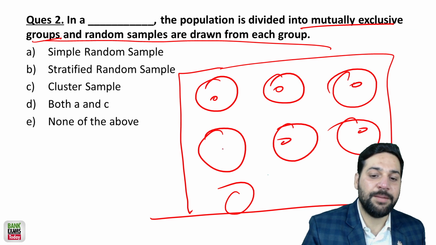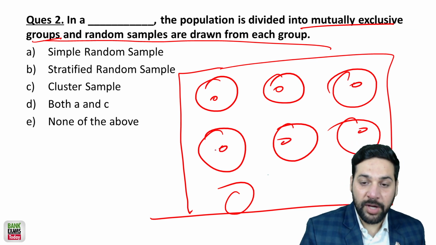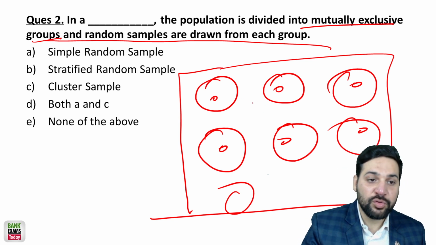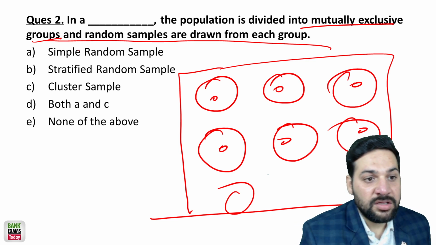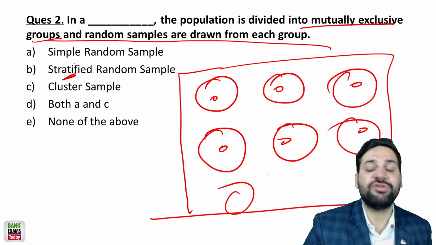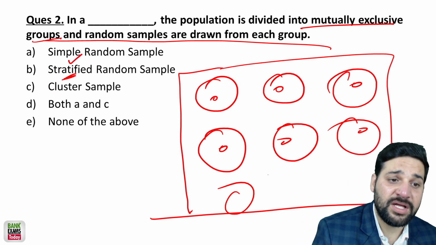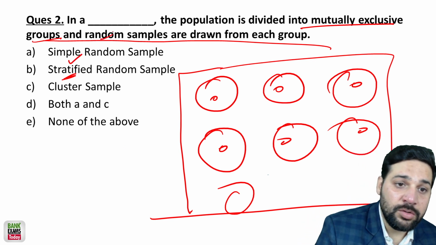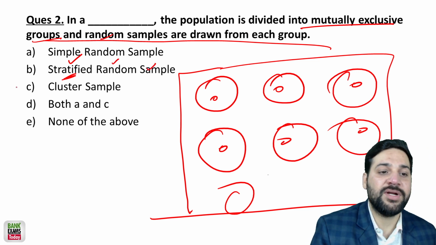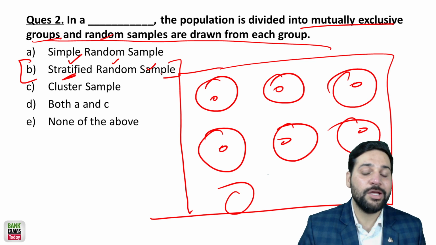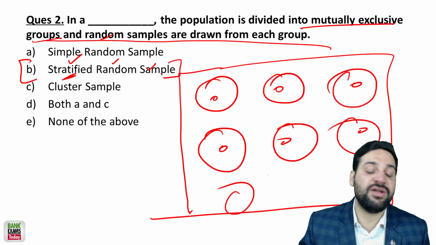Now you are taking sample from here. So you are dividing the whole population into groups that are mutually exclusive. That means what? Stratified. First of all, you stratified. What is strata? Part of population. First of all, you stratified the whole population and then you randomly select the sample. So it is stratified random sampling, not the simple random sampling, not the cluster sampling, because you stratified the data.